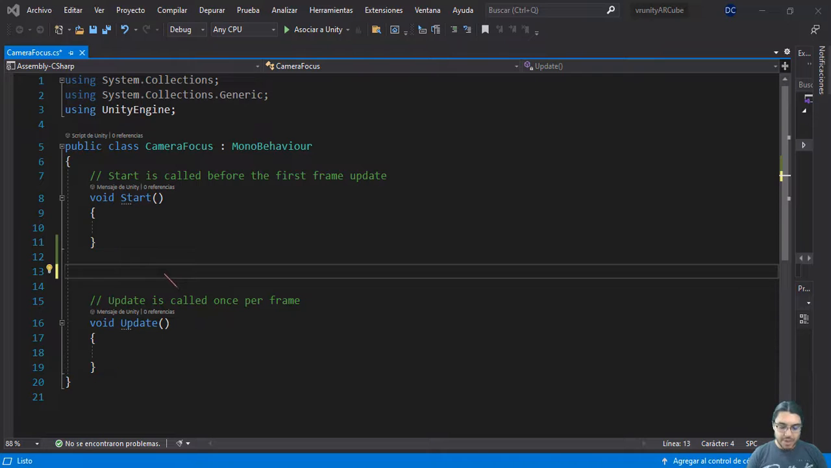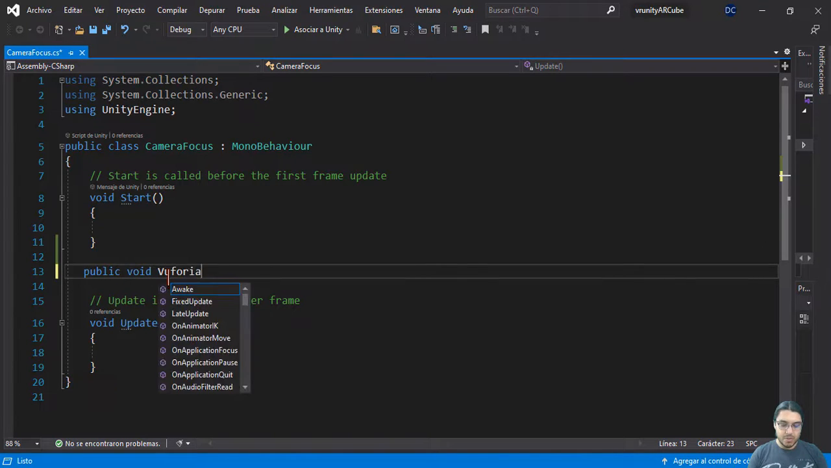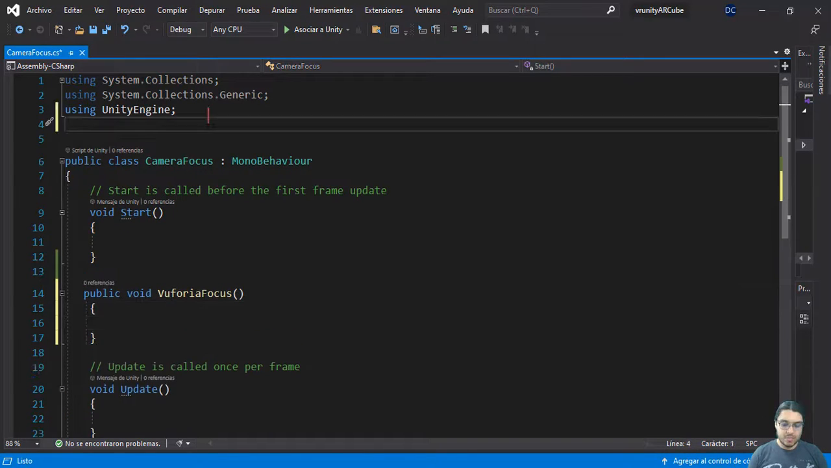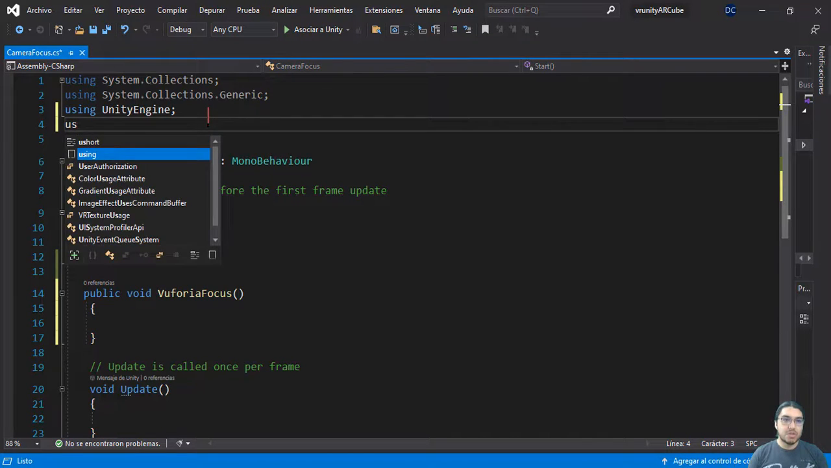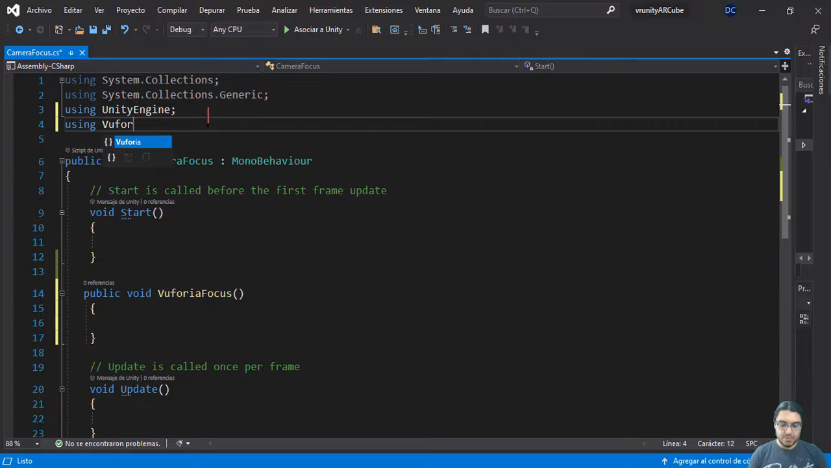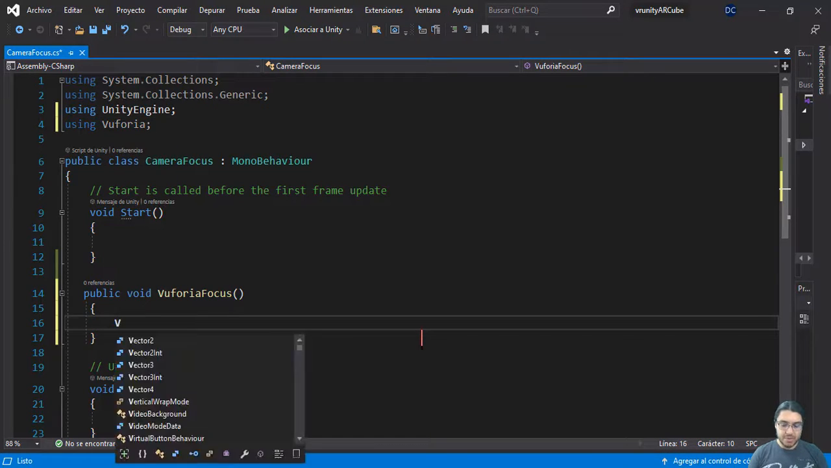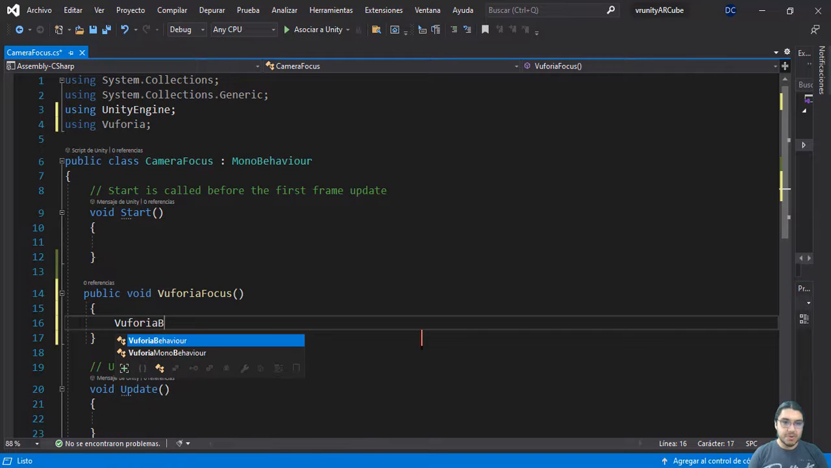Create the method public void VuforiaFocus. Add the Vuforia library using Vuforia. In the method, VuforiaBehavior,